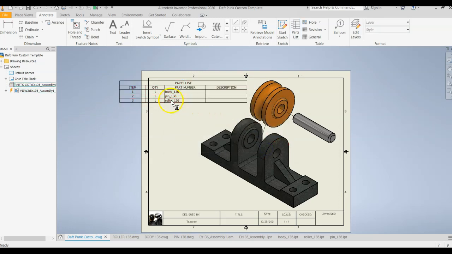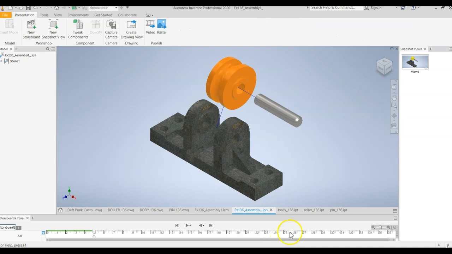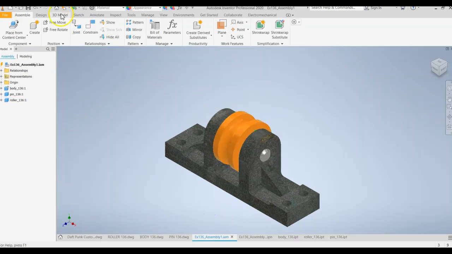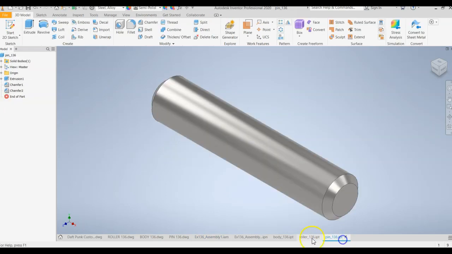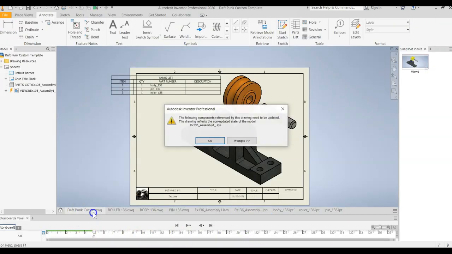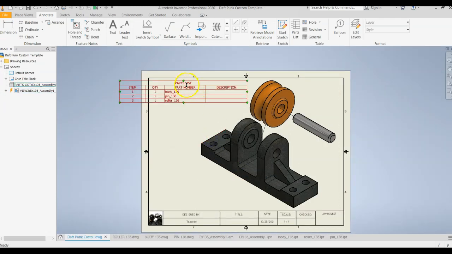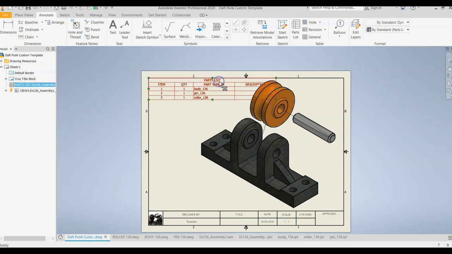It says the following items need to be updated. So probably means that this file right here just needs a save. So good thing I had it open, and hopefully that fixes whatever problem it was having. Alright, now place your parts list in the top left, make any size adjustments as needed, and we're going to be adding different columns here. So we want the item and the quantity, we want the part number,